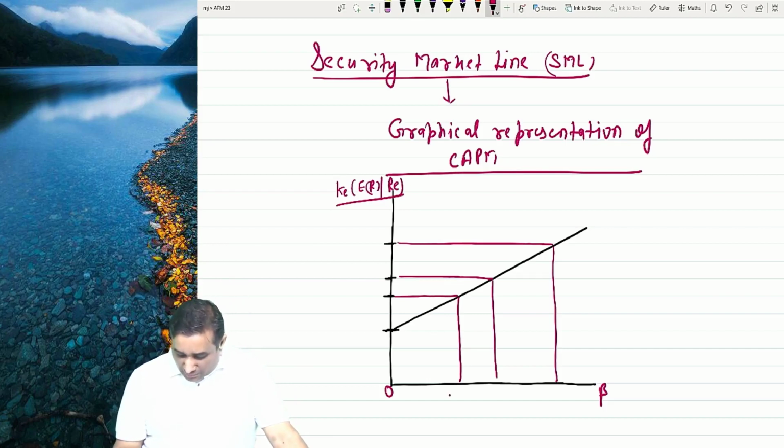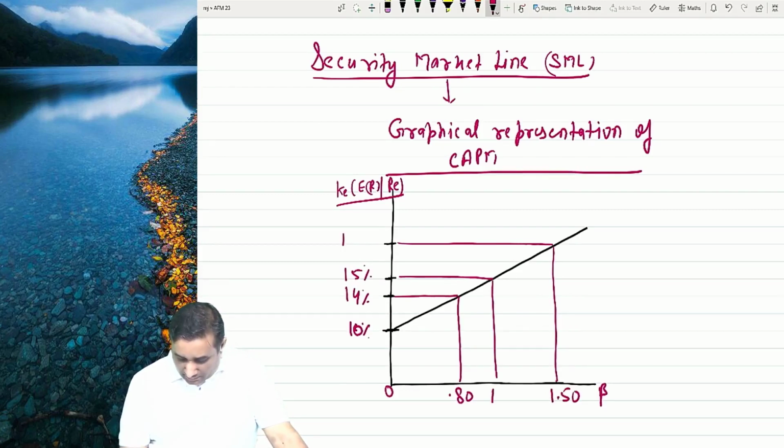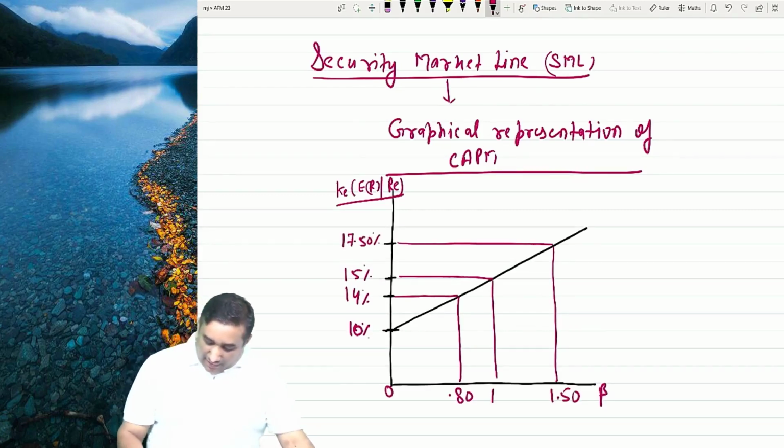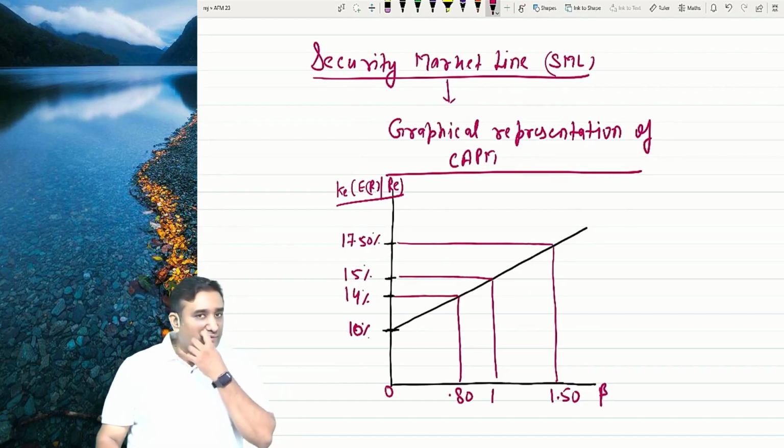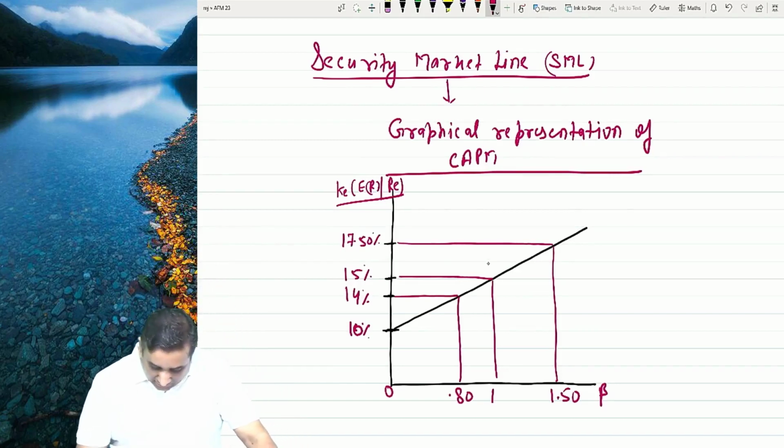Now, beta first was 0.8. Sorry, this is 10. At 0.8, how much return? 14. If the beta increases to 1, return is 15. If the beta increases to 1.5, return would be 17.5. Now, if I would have drawn one more part of it, I would have said above this part,